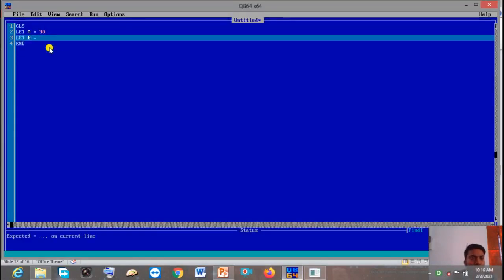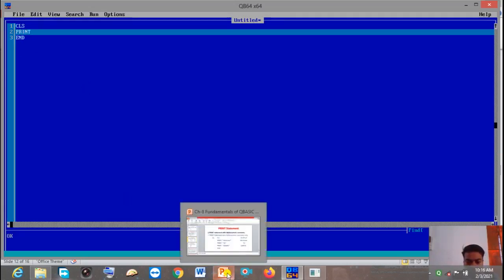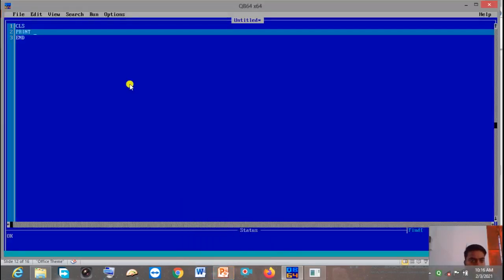I am using the print statement here. Print, inside this double quote we have to write welcome.